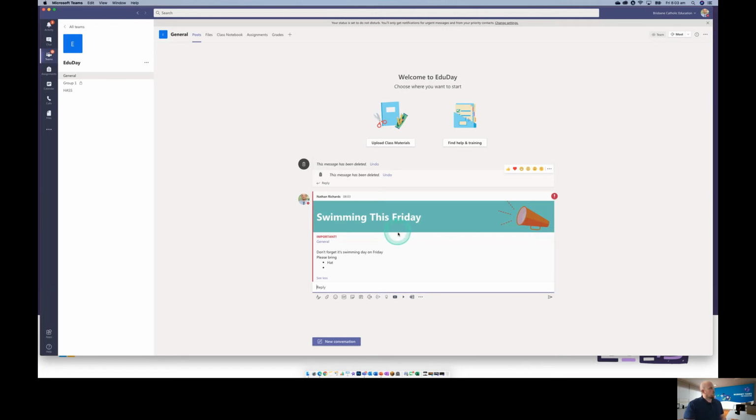Now, there are a couple of tips I like to give teachers about how to set these up, especially in the year levels where they like to chat. They may not be allowed yet at home to have accounts to other software where they're allowed to chat, and you can get a bit of chatter going in here. So I like to follow a specific structure, and this is personal to me. Some people like parts of it, some people don't, and some people have their own type of structures.